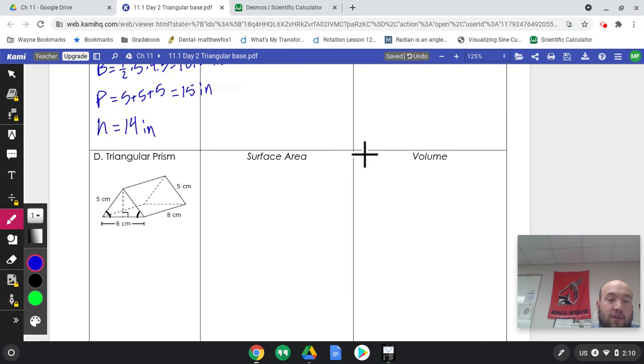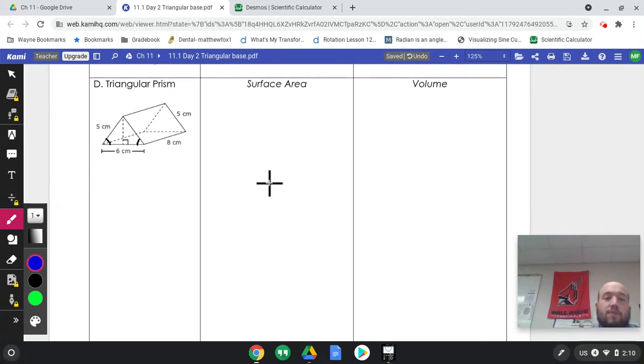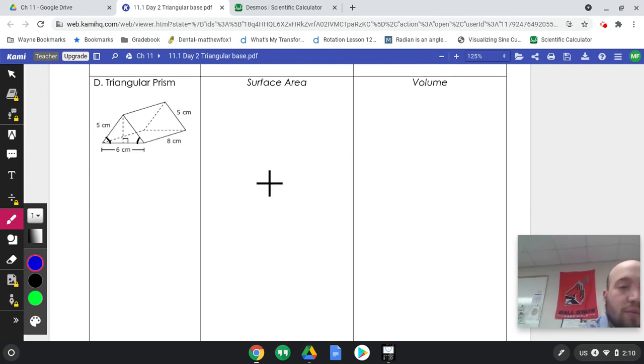Now on our final one, last problem of the day. Another triangular prism. So once again, we care about the ends. Now to find the area of your base, you have to know what the height is. It's a triangle. Without that height, we can't figure it out. So there's a right angle there. In order to figure out what that height is, let's think about this for a second. If we draw